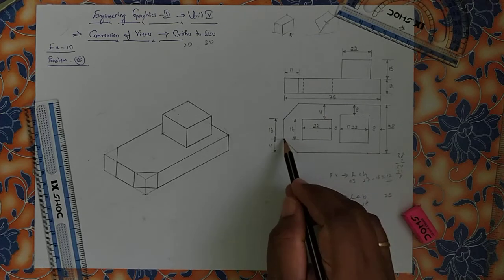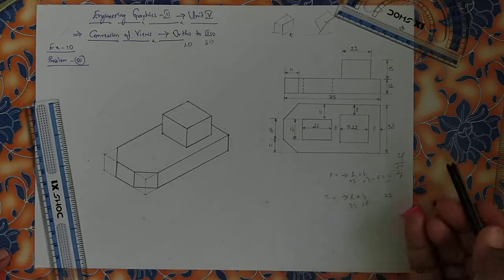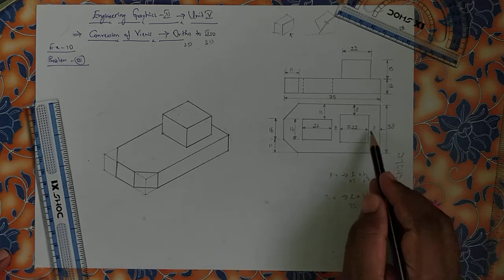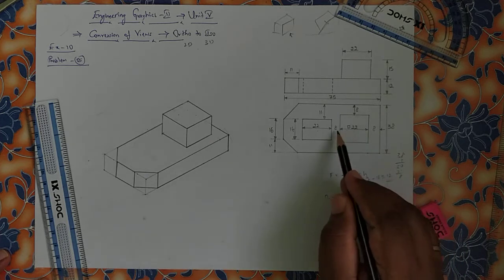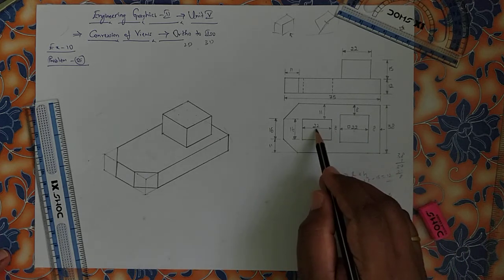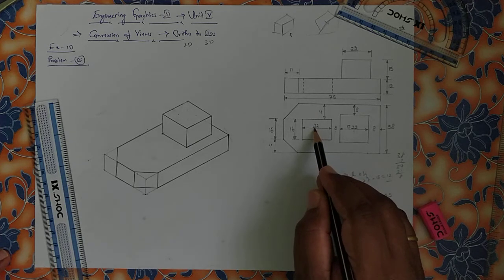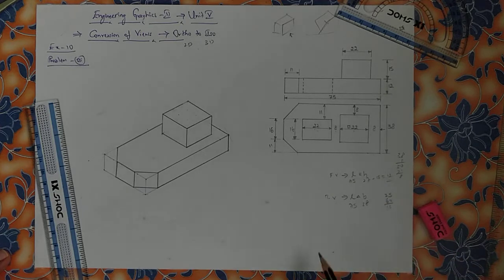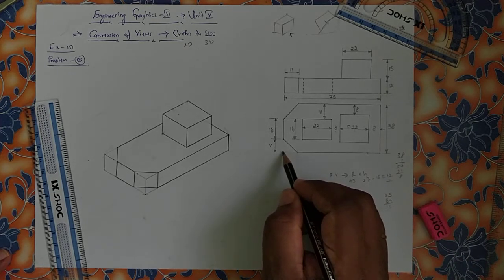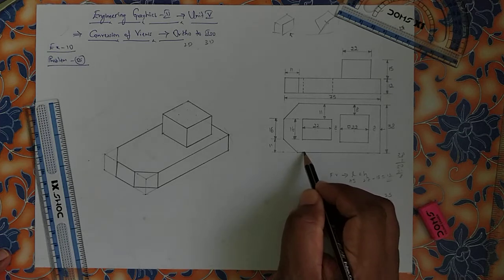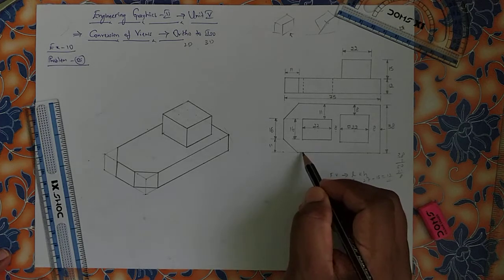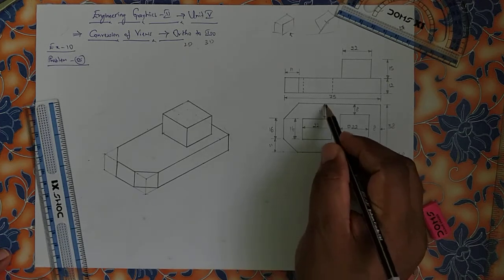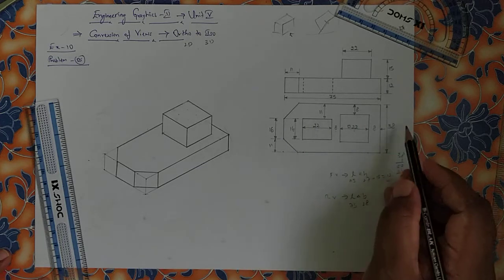Now from here to here, what is this? Now we have to come in the reverse direction. 8 plus 22 is 30, 30 plus 8 is 38, 38 plus 22 is 60. Right, 75 minus 60 is 15. Now from this corner, 15 up to this much, and from here this distance is given, right? You can calculate again here.